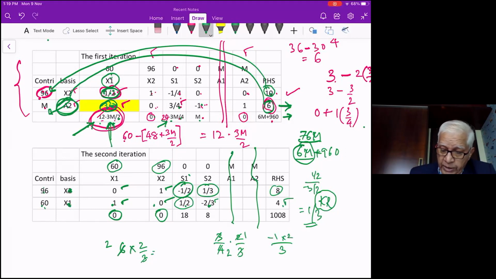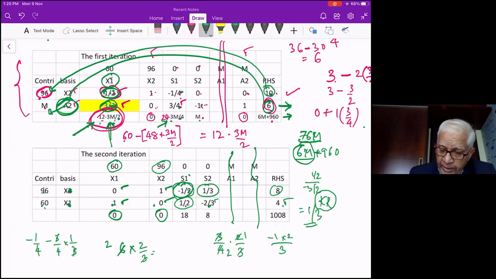Now see, this new number is equal to the old number. What is the old number? Minus 1 by 4. Old number is minus 1 by 4, minus corresponding number in the key row, which is minus 3 by 4, multiplied by key ratio. What is the key ratio? 1 by 3. Now see here, 3 and 3 get cancelled. So this is minus 1 by 4, minus 1 by 4, which is minus 2 by 4 or minus 1 by 2. So this is minus 1 by 2, which we have calculated.